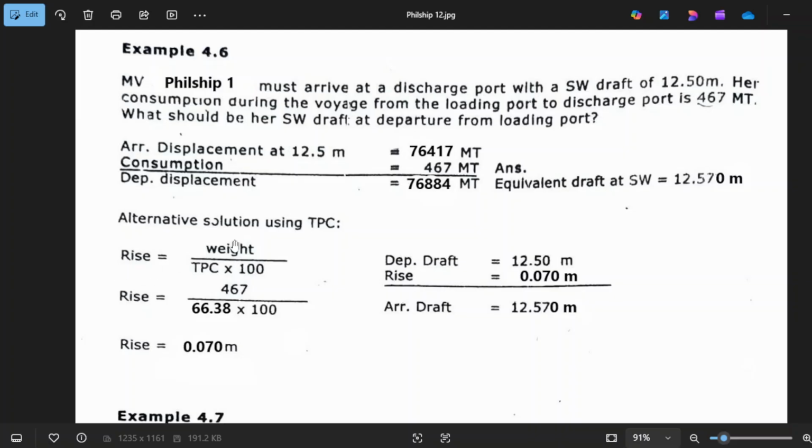Then there's another solution here. Rise is weight over TPC times 100. The TPC you're going to use is 66.38. How did I get this one?